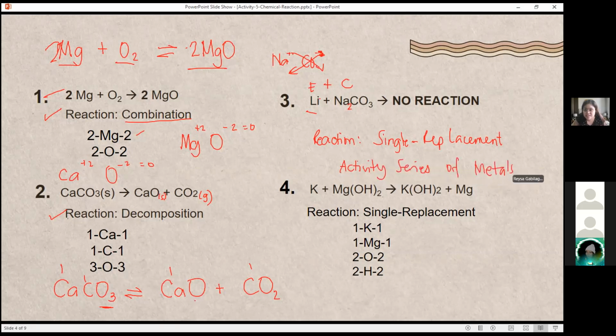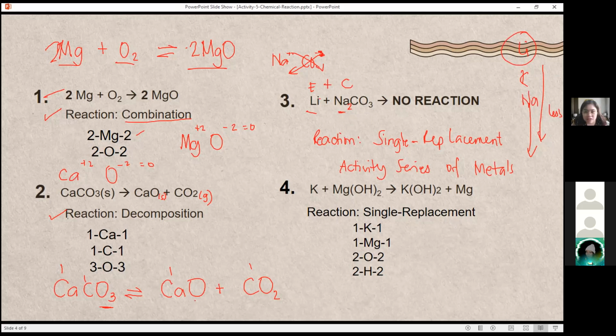Again, activity series of metals. Kasi nakalista yan siya, 'di ba? From top to bottom, for example, lithium, potassium, and so on. And pagpababa class, nagiging less reactive yung ating mga metals or your ating mga elements. And hindi pwedeng palitan ng less reactive na metal yung more reactive na metal. Now, in this case, since lithium nang yung nasa pinakataas and sodium is there after the potassium, less reactive si,